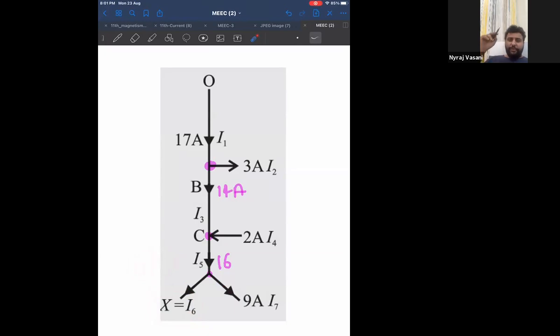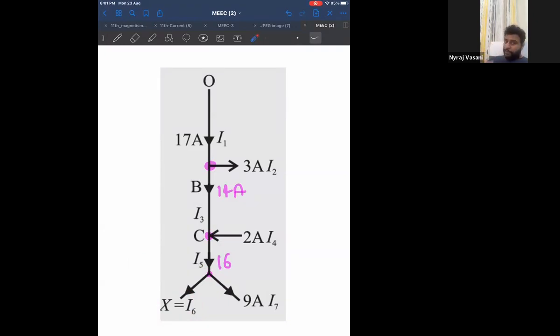Check whether you have got the right answer, number one. Second, if you have got the right answer, whether you have used the same logic that I have shown. If not, let me know what logic you have used, because there is no other logic. We have to do individual node analysis. Remember, I applied KCL 3 times. 1, 2, 3. That is fine. Easy.